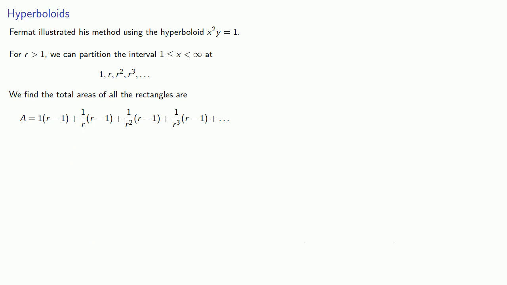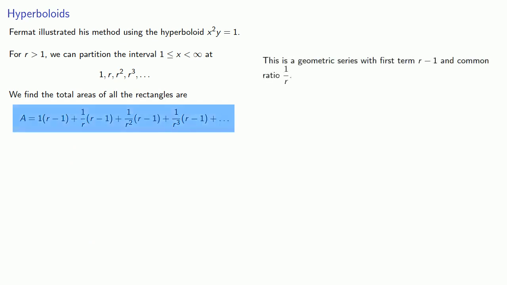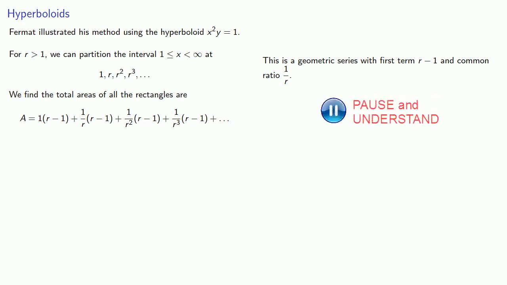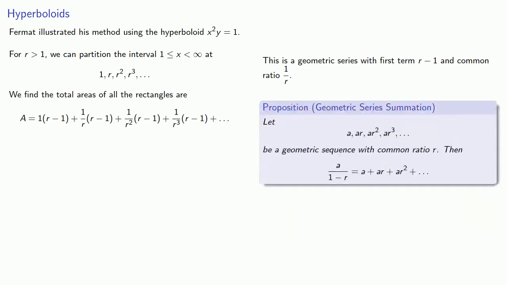Now, if we take a look at our expression for the total area, we see that it's a geometric series with first term r minus 1 and common ratio 1 over r. But there's an app for that. Well, there's a theorem at least. And our theorem says the sum of the series is the first term, r minus 1, over 1 minus the common ratio, 1 over r. And if we do a little simplification,